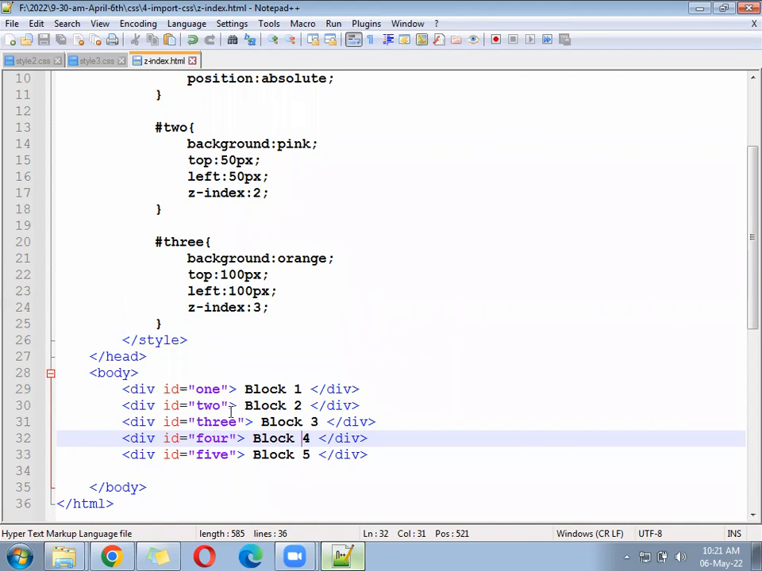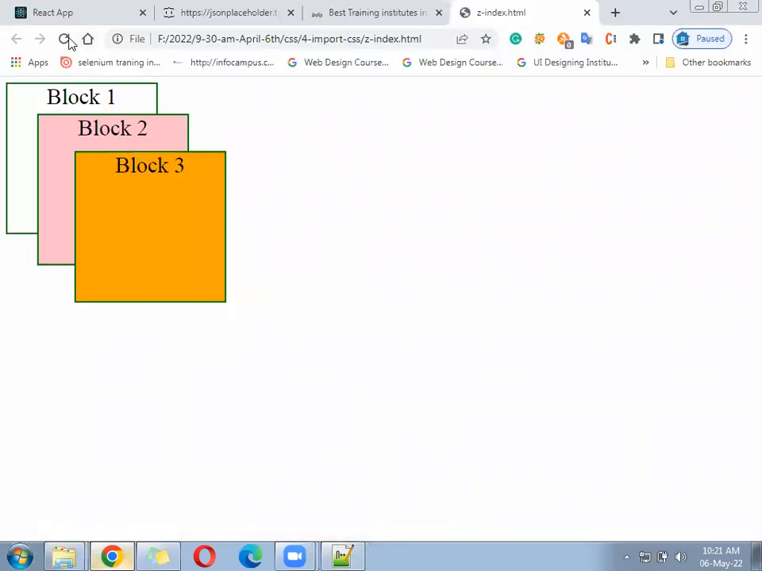Okay, 3 is ready. Now write for the fourth one. We have written 3, but the fourth and fifth we have not written. How do the 4th and 5th look? See, the 4th and 5th are there only, where they are getting overlapped. Okay, so for the fourth and fifth, we have to give the top and then